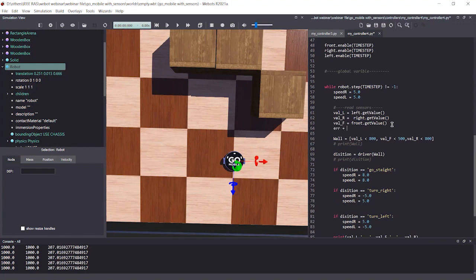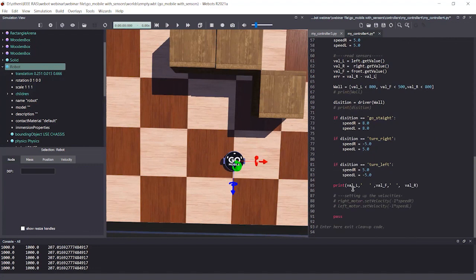This equals value r minus value left. Let's print this error value and see what this value means.